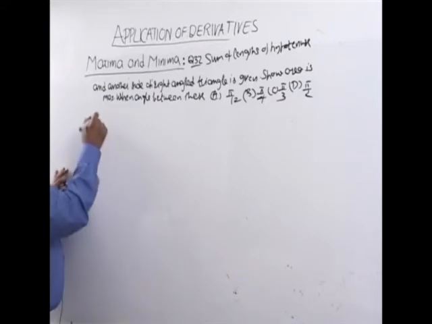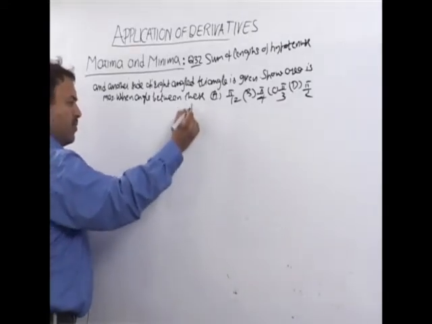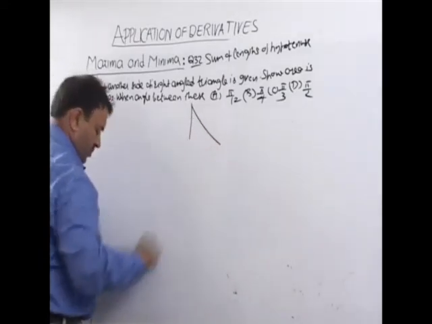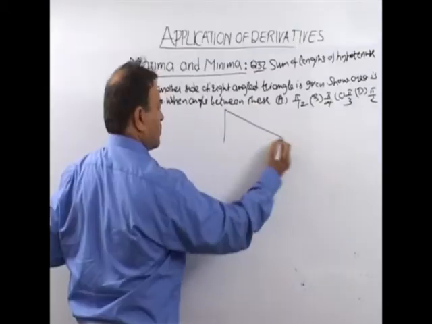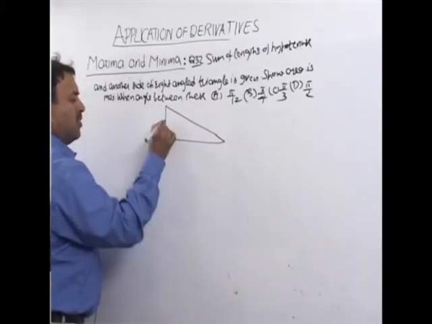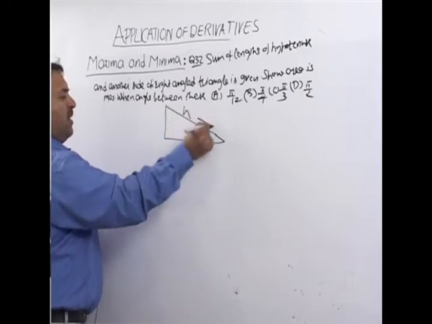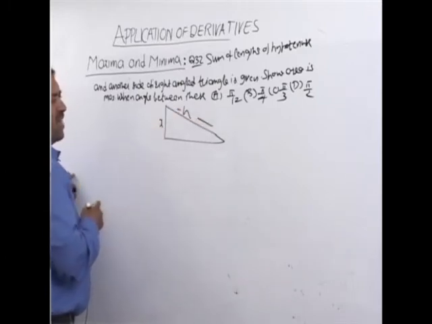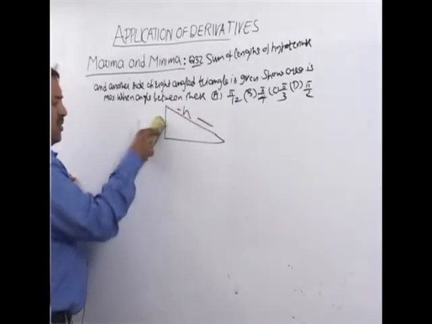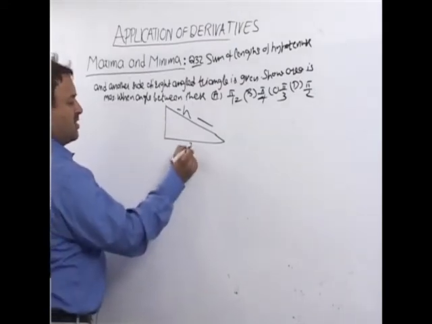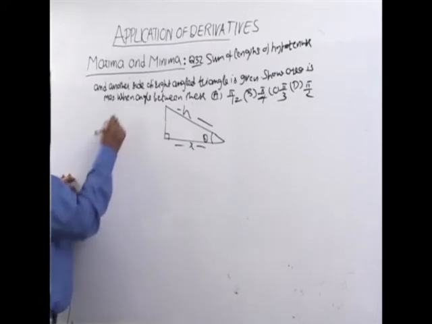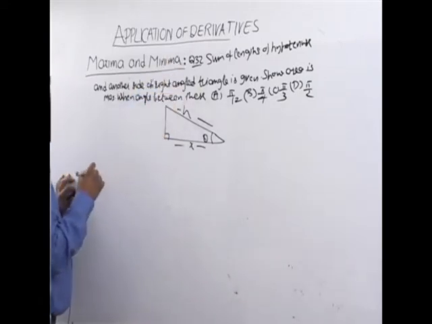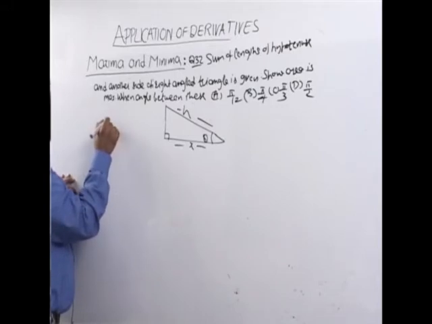अब देखो इसको हम कैसे करेंगे. We draw one triangle over here. See, we have been given H. We have been given X. I suppose that this is X and this is theta. This is 90. So, sum of length of hypotenuse and another side of a right angle triangle are given.